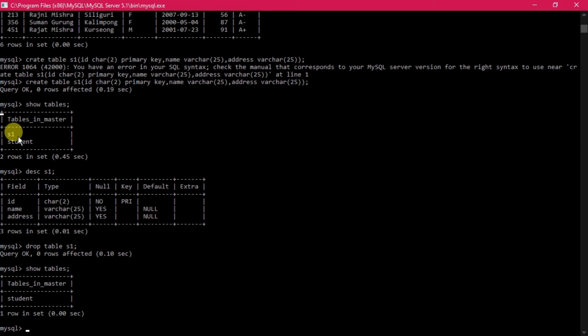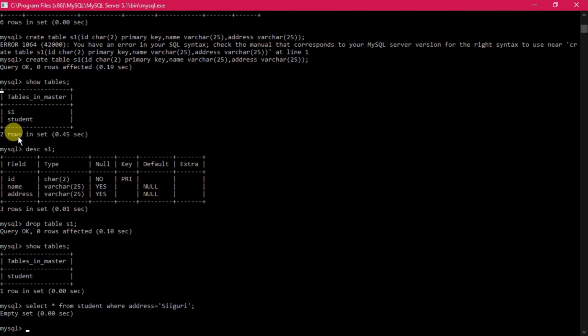So SQL queries also can be created. Let us see: select star from student where address equals Siliguri. Is there any data available for Siliguri? It is showing you here an empty set. Why empty set? Because no such data is available.